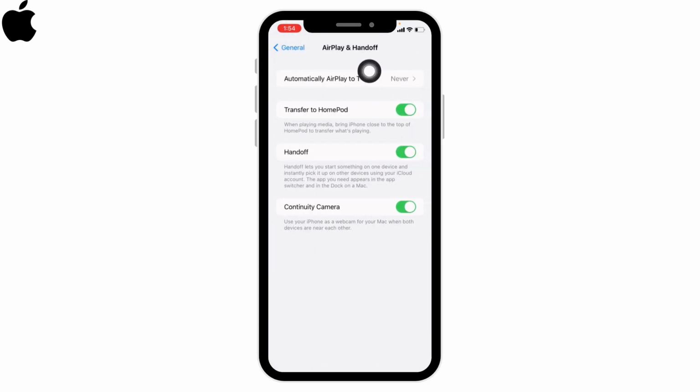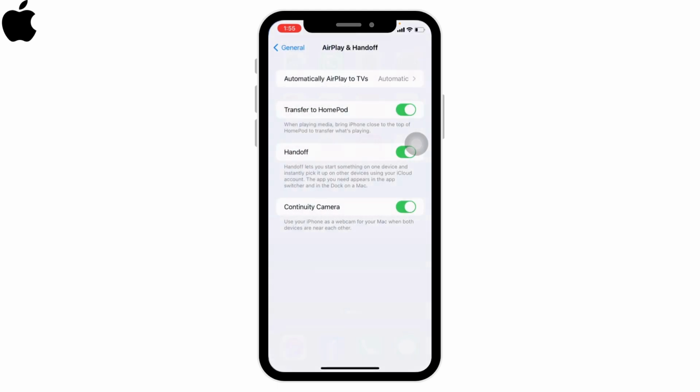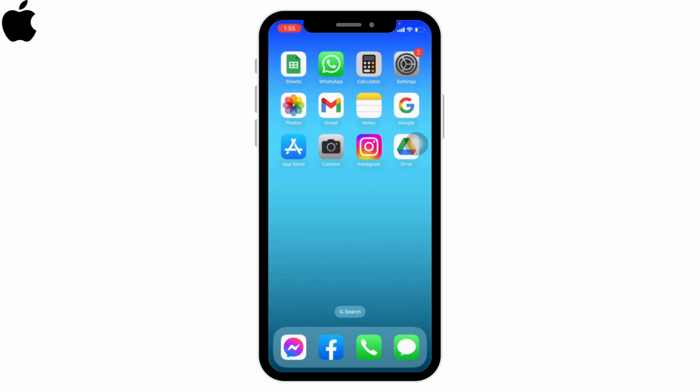Now at the top you can see the option of Automatically AirPlay to TVs. Open that. Now here you have to select the option of Ask or Automatic. Here I'm gonna set it to Automatic. If you set it to Ask, whenever you try to connect to nearby AirPlay, firstly you will need to allow it. Likewise, if you set it to Automatic, then whenever you try to connect to nearby AirPlay, it will automatically be connected. After you set it, you can go back, close the settings and just swipe down on your